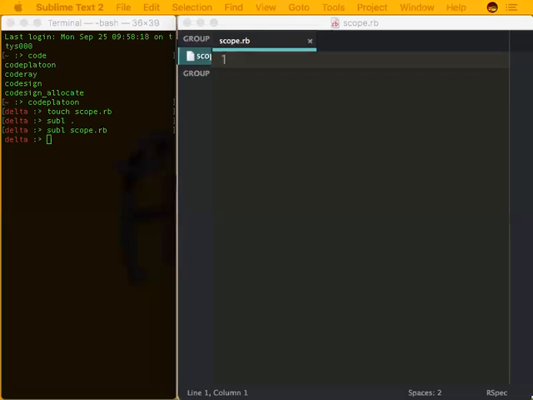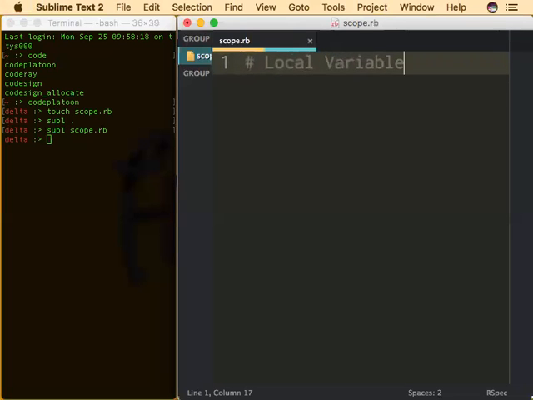So particularly with Ruby, there's a certain set of ways that we distinguish what we can do in terms of our variables, and that is set up through scope. Okay, so let's start with the smallest scope possible. Okay, and that is a local variable. Okay, so a local variable is something that is defined